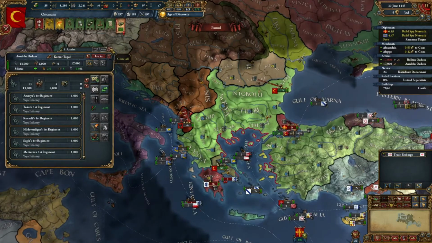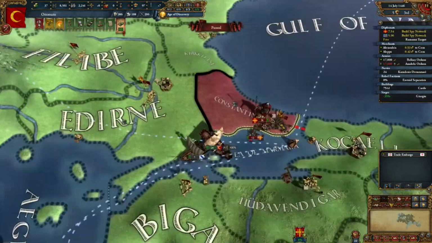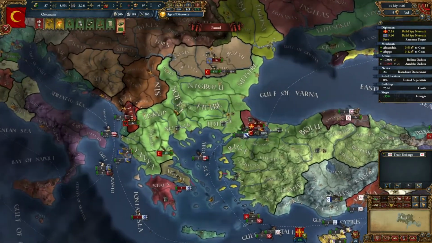You are moving, right? Yes. Okay. So now, let's see if... Okay, so they're not going anywhere. They're going to sit on Constantinople. They're going to make me come. Now,